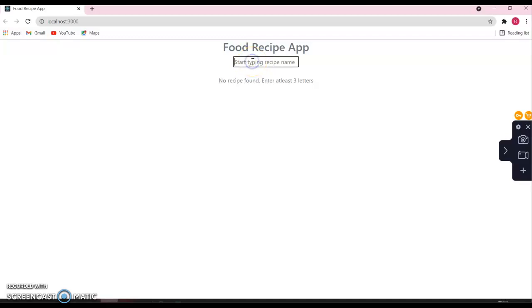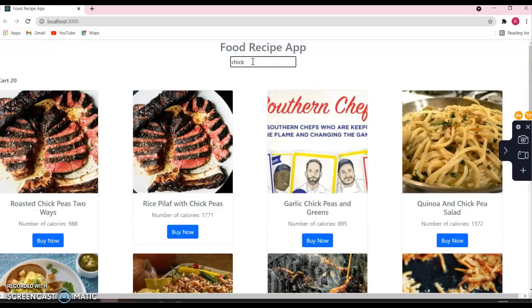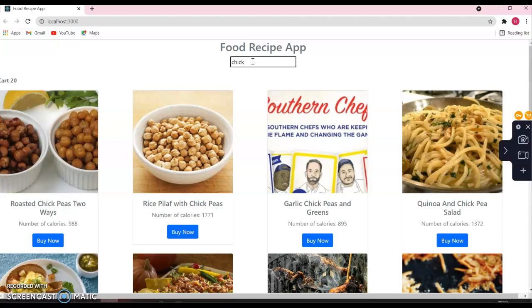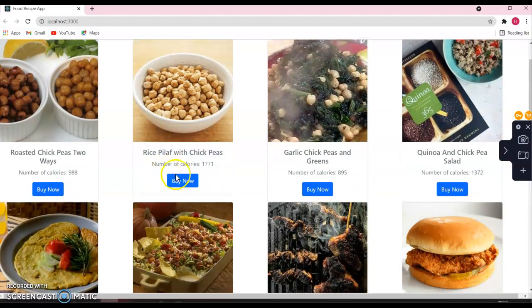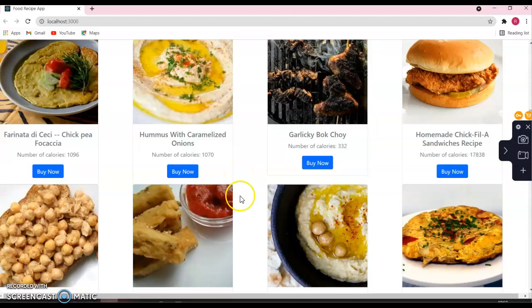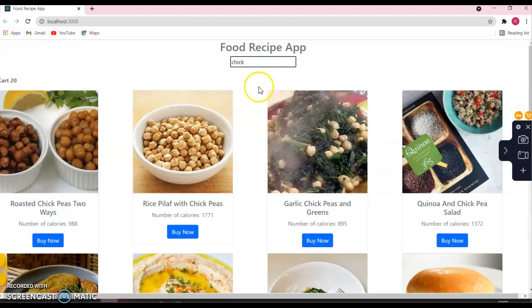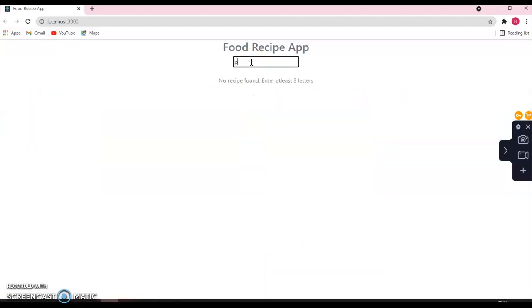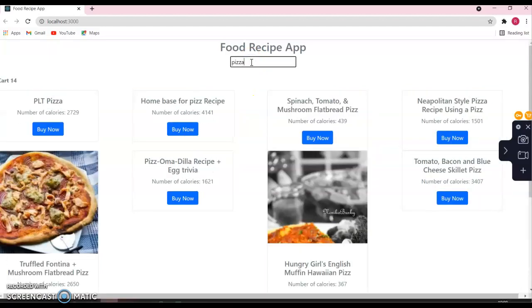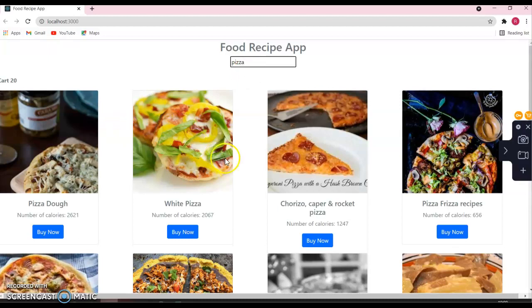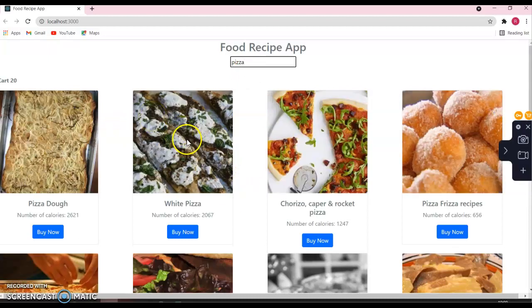Let me show you here. For example, if I want to search for a recipe chicken fry, I just need to write chicken, so it is showing all the options available for chicken. If you see, these are dynamically loaded. I haven't hard coded all this data into my JS file. I'm just making use of external free API calls. And if I try to remove this and type pizza, it is showing all data related to pizza.